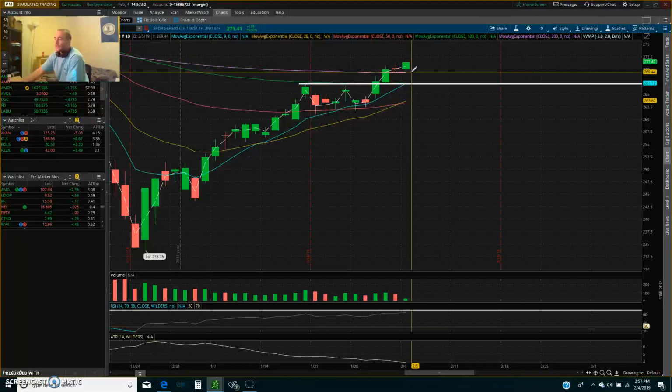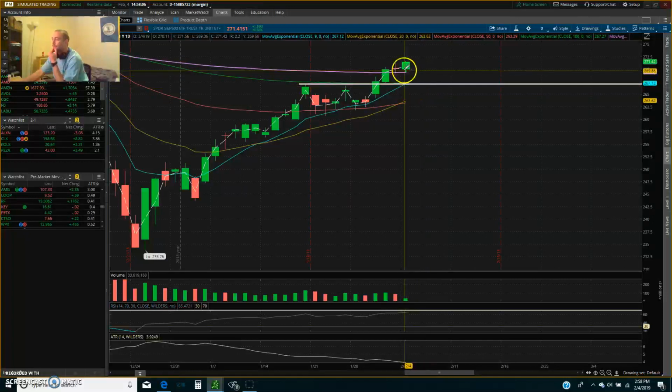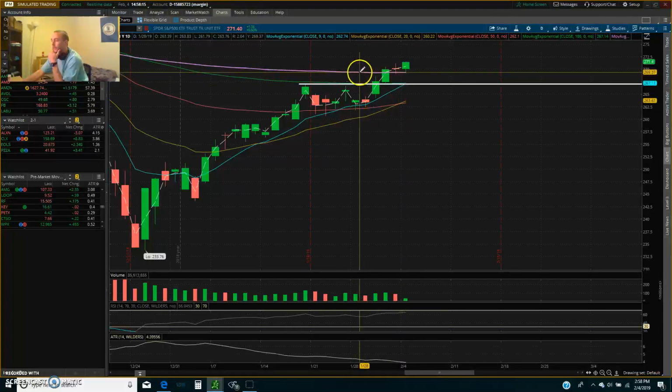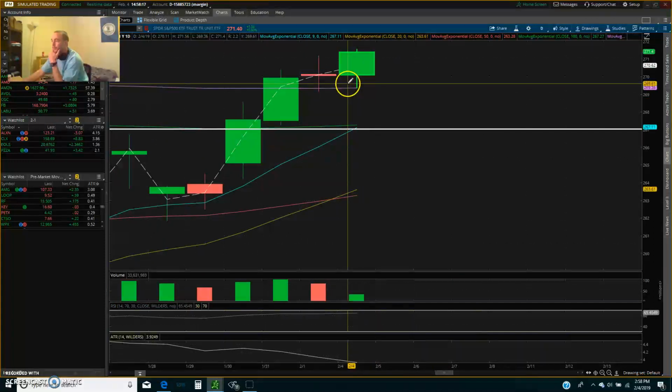Okay, because I wasn't paying attention. I wasn't paying attention enough to the market. I wasn't paying attention to this level down here. If I was paying attention to this level, I would have felt completely comfortable with any type of pullback down further. And as you can see right here, it actually bounced off the 200 EMA, this purple line, to a T.